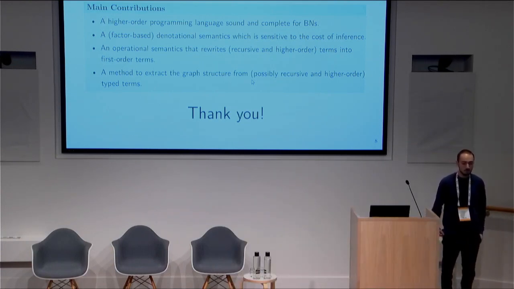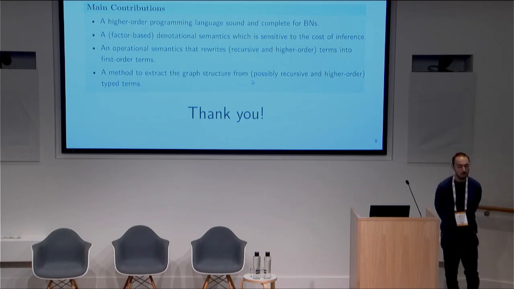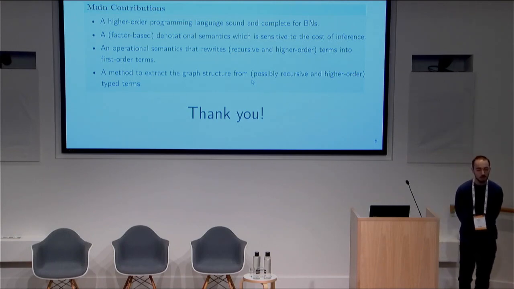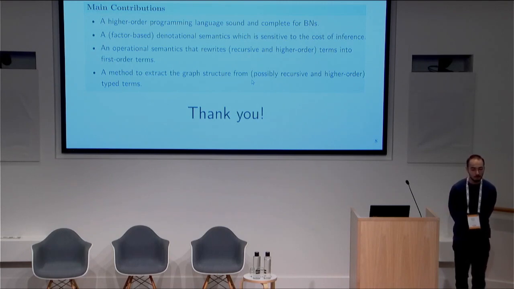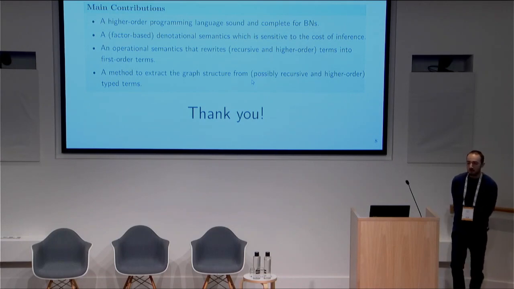So for a Bayesian network which is not in the shape of a tree, my understanding is that the time complexity of the basic inference algorithm depends on the tree width of the graph. So, you mentioned this cost-aware denotational semantics. Does that mean your cost-aware denotational semantics somehow computes this tree-width-like parameter implicitly throughout the denotational definition or something? Yes. The point is that